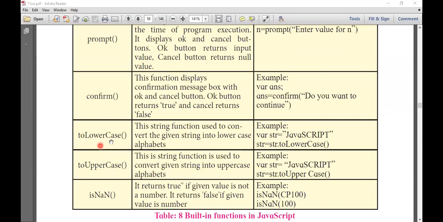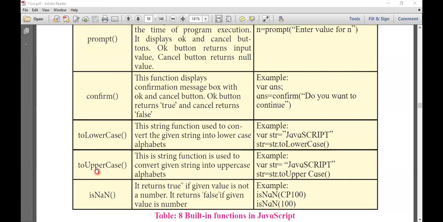Opposite to toLowerCase, we use toUpperCase. In this function, we convert any small letter text to capital letters. It is always opposite to the toLowerCase function. Here you have to remember that in toLowerCase and toUpperCase, there are two letters in capital form.